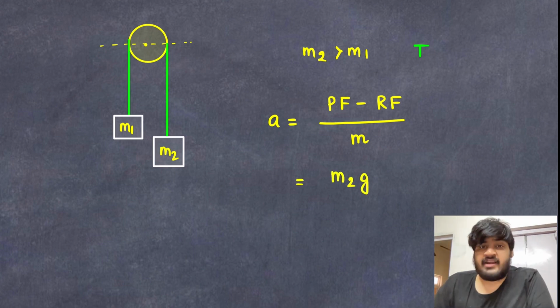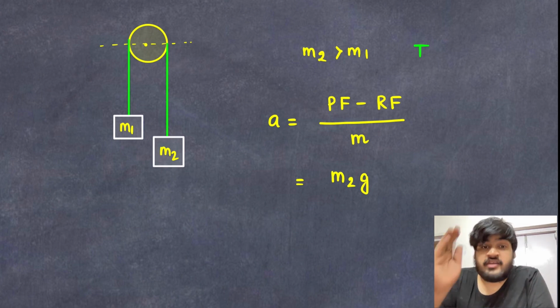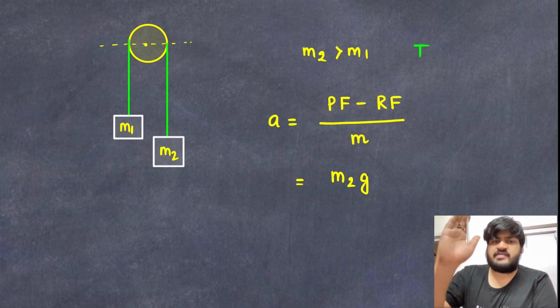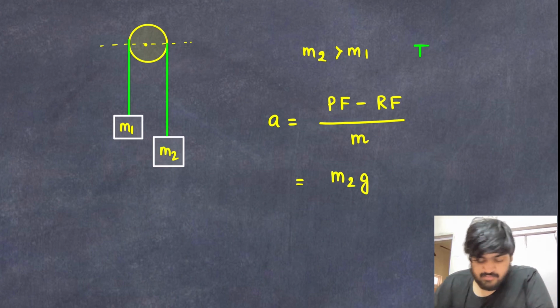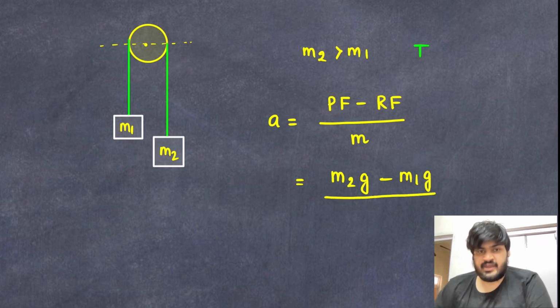Okay, so now what is the resisting force? Over here see all the blocks that will move towards the pulley, जो पुली की तरफ जा रहा है, right? So that means m1 is going towards the pulley, right? So that means this will give us the resisting force, right? So that means over here the resisting force will be minus of m1g divided by, okay, so now what is